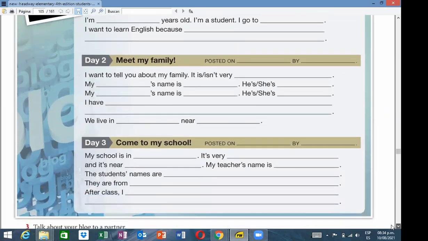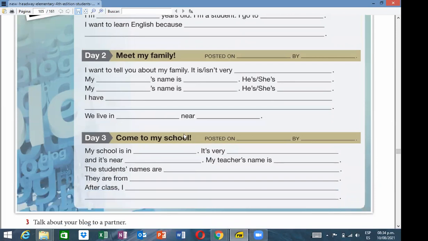Let's continue with day 3. Come to my school. If you're studying at school or at university, here you have the ideas where you can add. For example, if you're at school, you can say, my school is Anglo American. It's very nice and it's near my house. My teachers' names are, I don't know, you can put the names. The students' names are, okay,